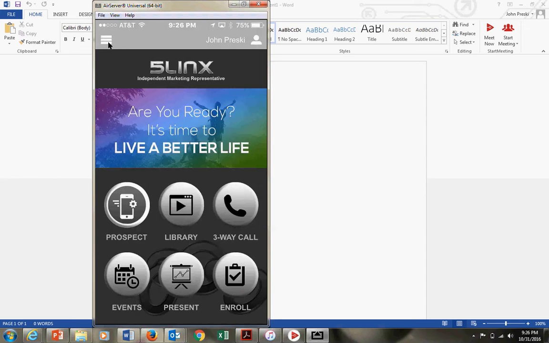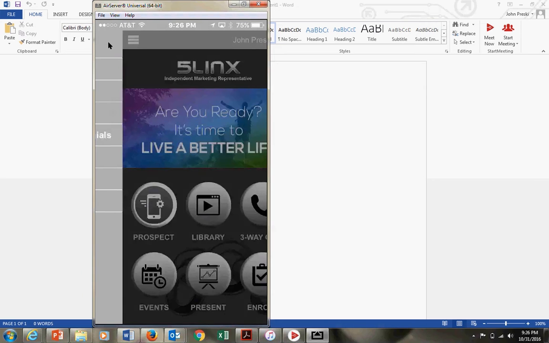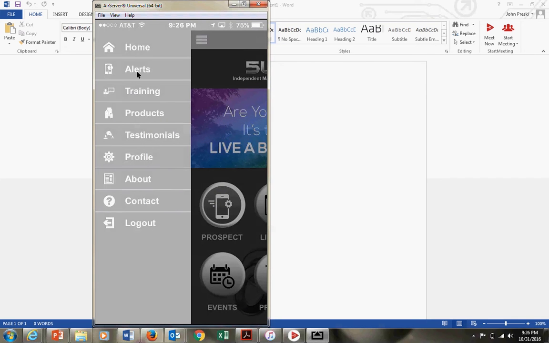But also up here in the upper left, I want to show you we've got what I call the admin menu, okay? And the administrative menu has a lot of sections in it that are great. Right here is the alerts button. The alerts button is going to be where whenever you get a push message and an email of somebody watching a video and how long they're watching it, okay, that push message you're getting that Steve Smith is now watching the video, okay, that's going to come into your app under notifications just like other pushes. It's also going to be backed up by an email, so you can't